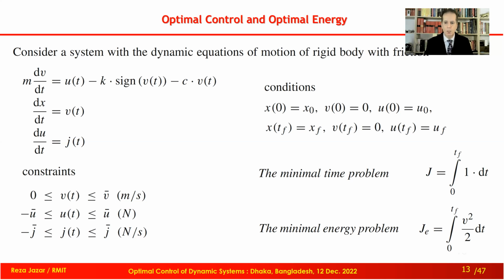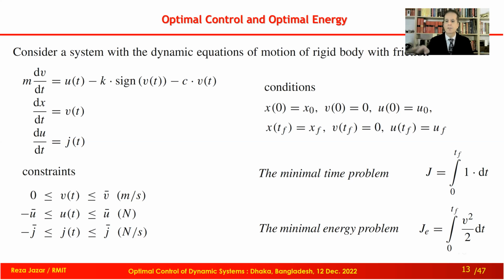m can be assumed 1, so we can always transform the equation, whatever the system, to have m equal to 1. It is always possible. So these two J, one is J time, the other one J energy, they must be minimized. And based on that minimization, we determine force. The input is supposed to be calculated at any time. Okay, and we are able to show that these two are equal.